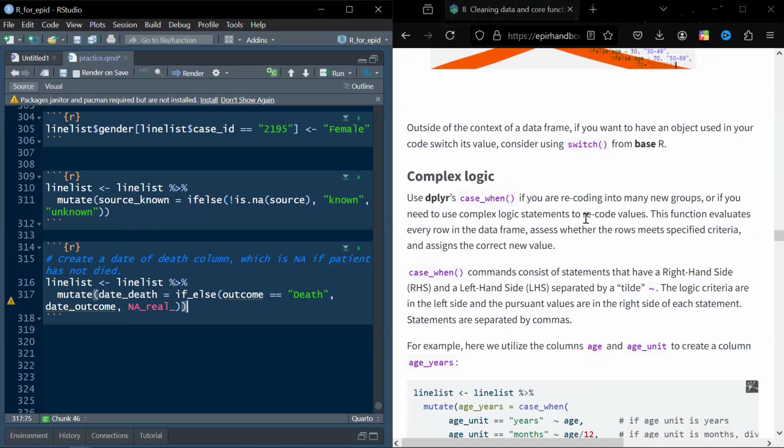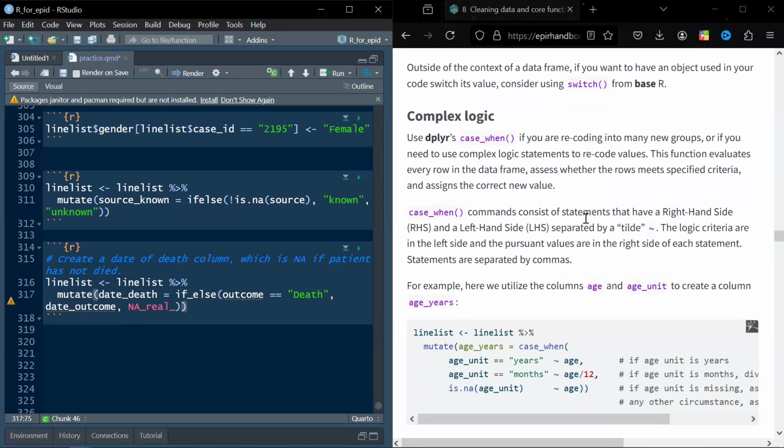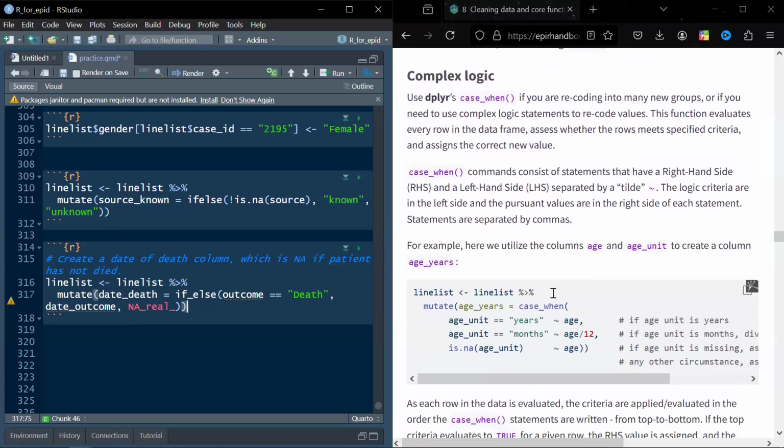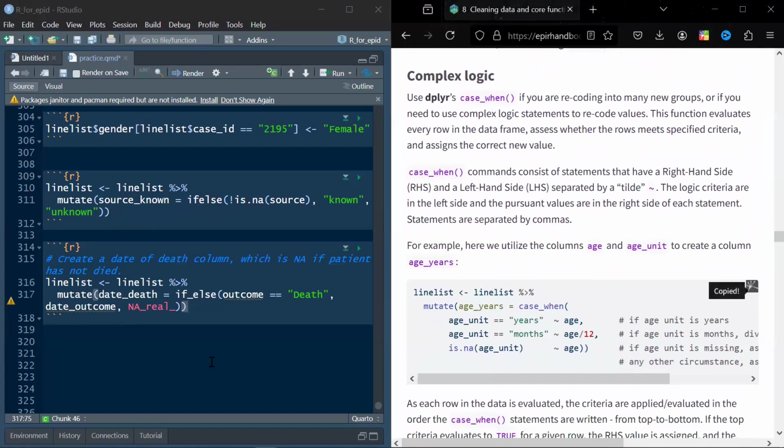You can also use the switch from base R. It's just similar to the case when function from dplyr. So now this is where we use complex logic. Now you can see in this example, we are trying to